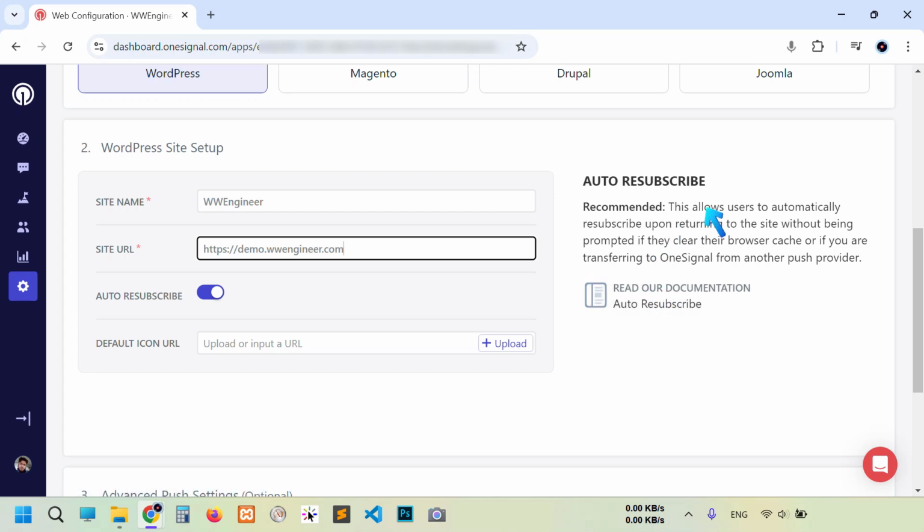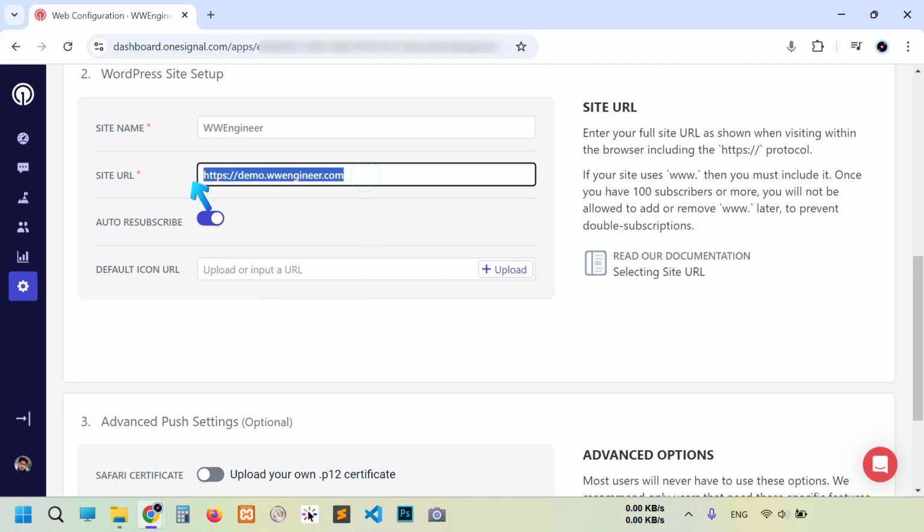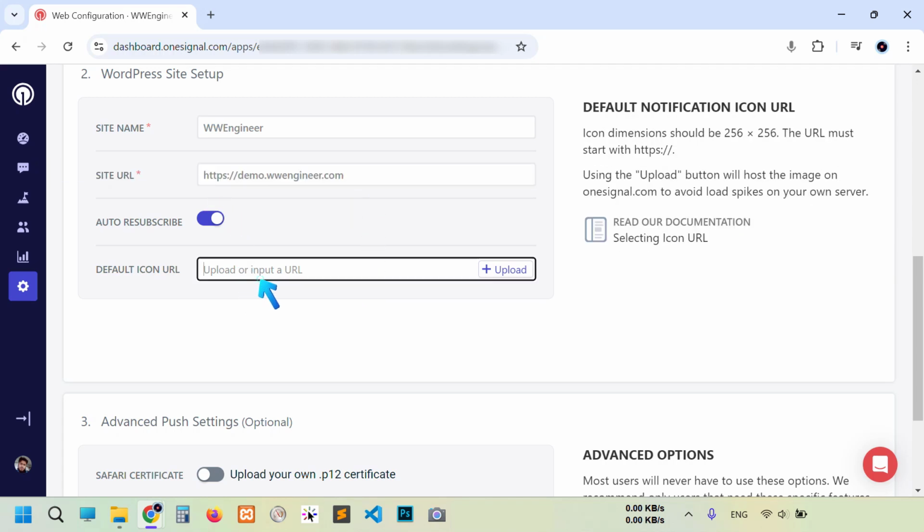You see here why this button, I'm gonna put it on. After that we need to upload here the default icon URL, so keep in mind all the time to put a square image here. To select your website's favicon automatically, you can write your website's main URL here, but it is not good practice because sometimes it can put more overload on your website.